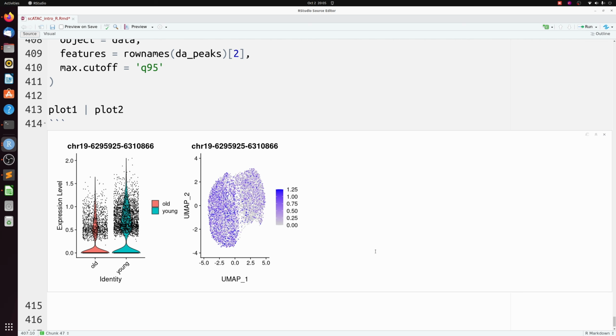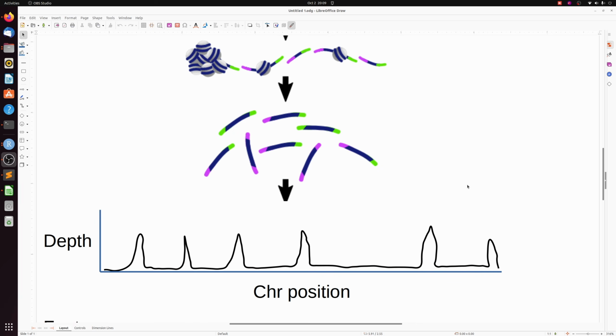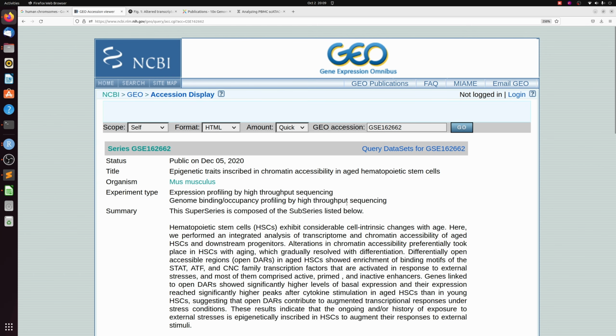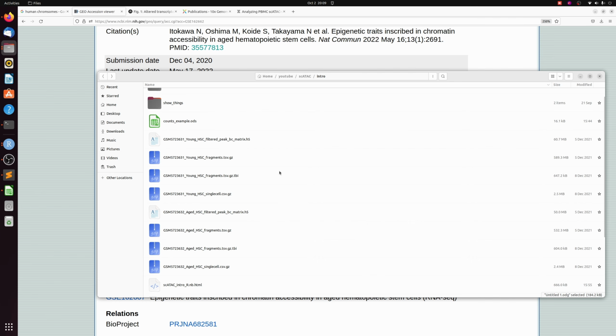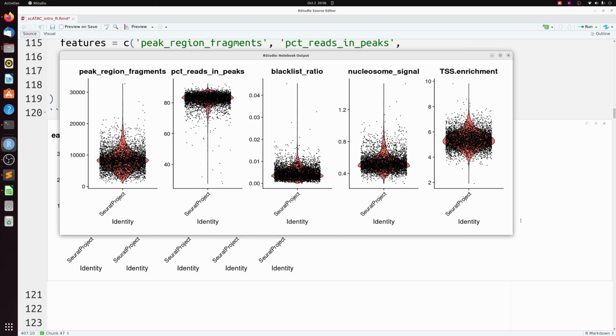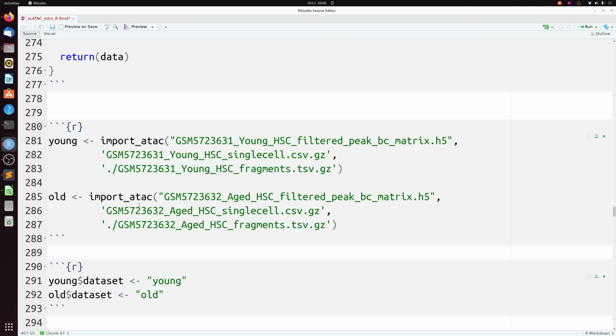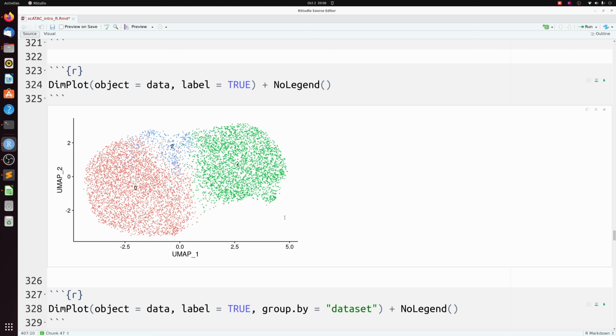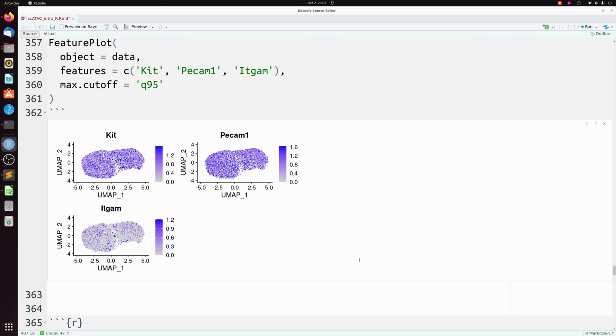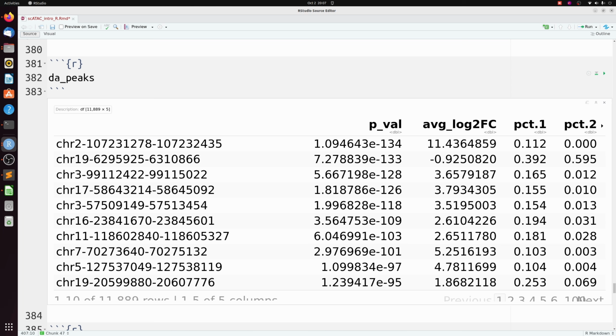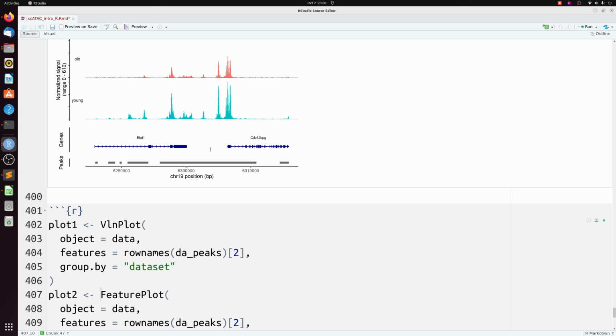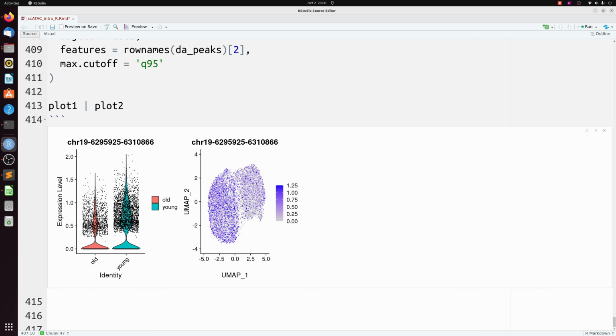So here was a pretty basic introduction into single-cell ATAC-seq analysis. I went over the basics of single-cell ATAC-seq, showed you how to find and download data and which files you need. We did pre-processing, combined multiple samples, dimension reduction, clustering and plotting. We estimated gene activity. We did differential accessibility between groups of cells, and we plotted genome coverage, along with some simple comparison